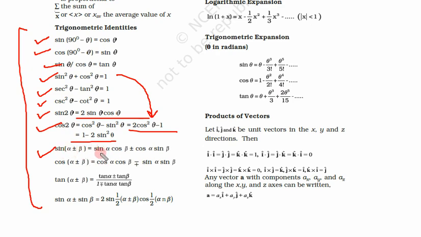So see, sin alpha cos beta plus cos alpha sin beta. So what is the meaning of this? Plus minus. So if there is a plus sign, this formula is also with plus. Plus is upper side. Sin alpha plus beta is equal to sin alpha cos beta plus cos alpha sin beta. If negative, sin alpha minus beta, we will get sin alpha cos beta minus cos alpha sin beta.